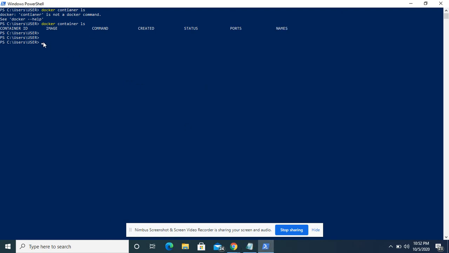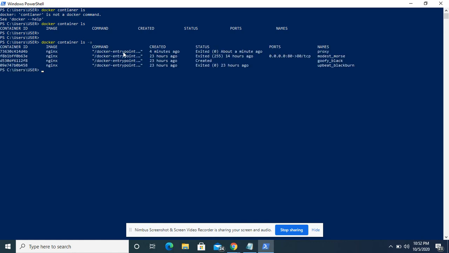Okay, but as it's not running, it's still in exit condition. So if you want to see all the images, whether running or in exit condition, you can use -a. What it does is show you all the images, either up or exited. So you can see that the status is exited. This is the way we can get all these details of your container images.